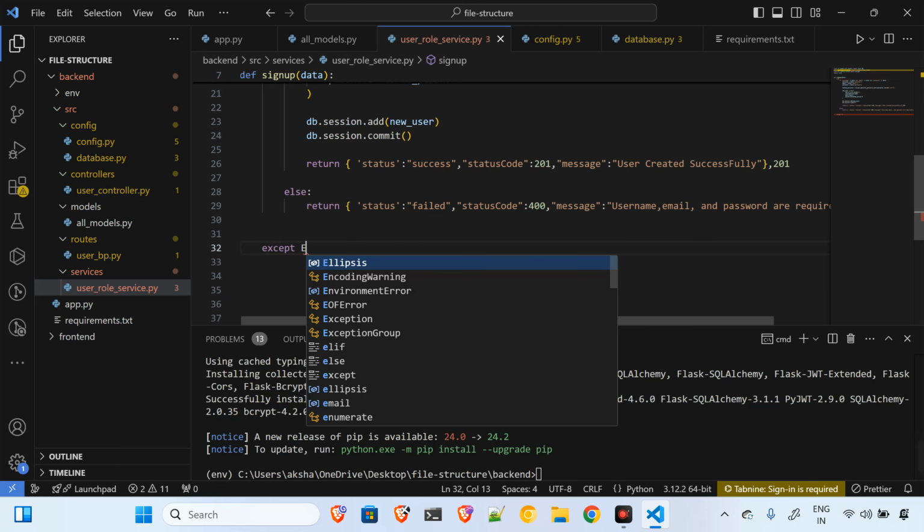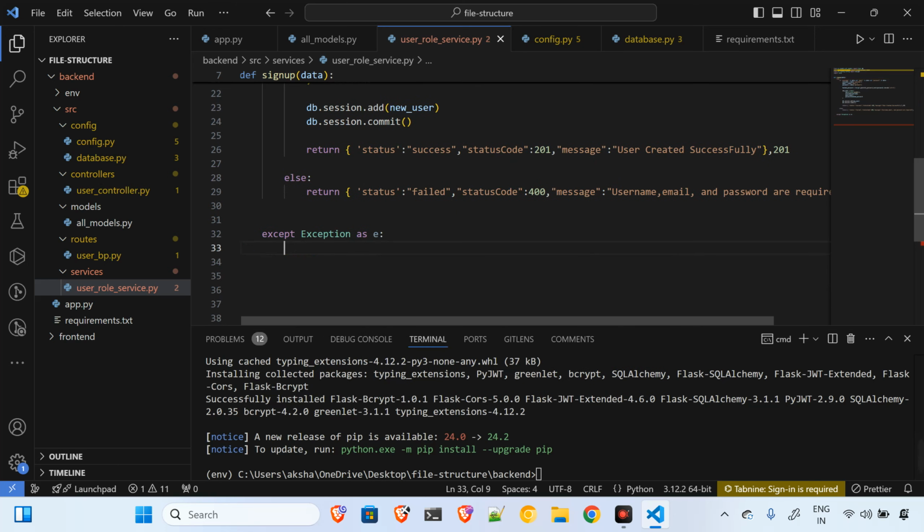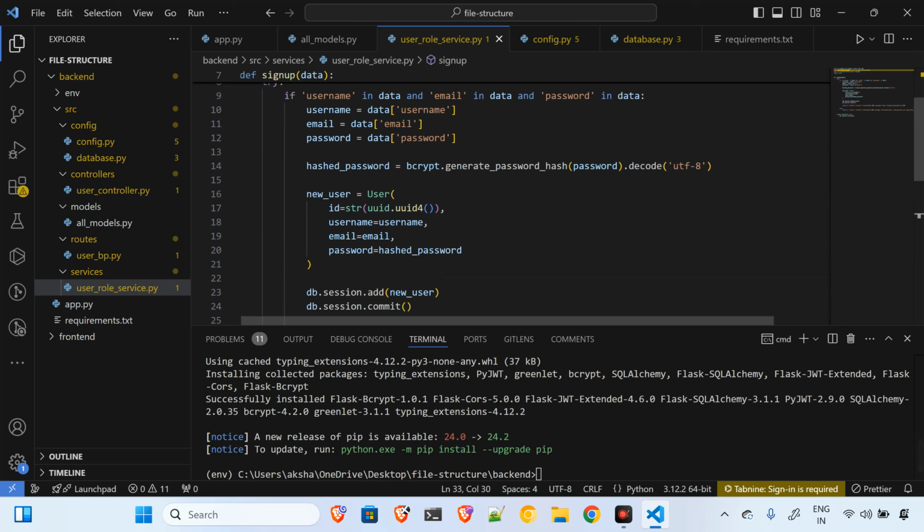I'll say except Exception as E. If, suppose, the try block fails, then there will be this exception. So I'll say db.session.rollback. Okay, so what is happening over here is during the execution, if I am executing this code, this